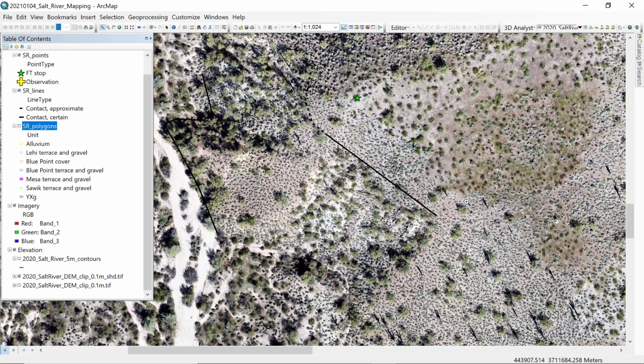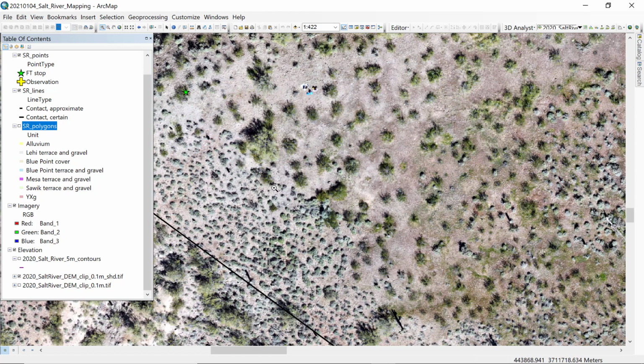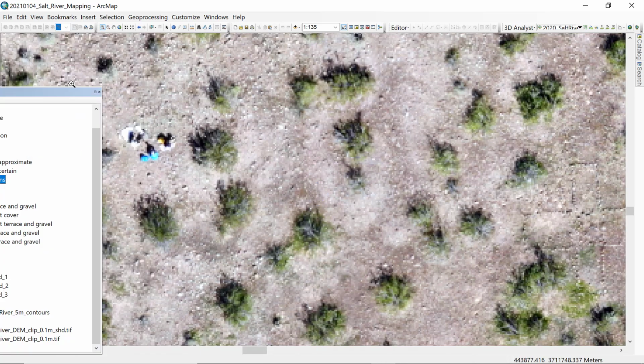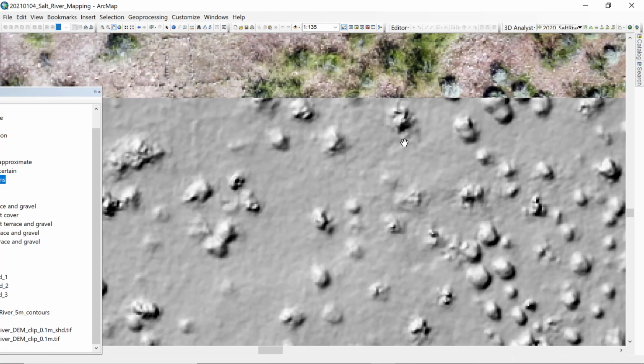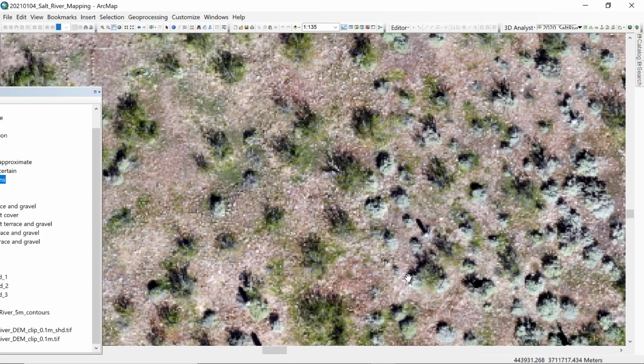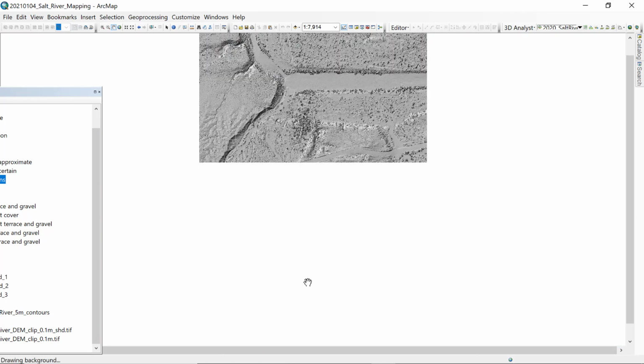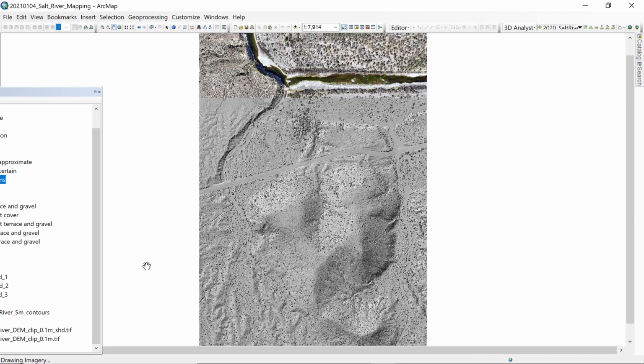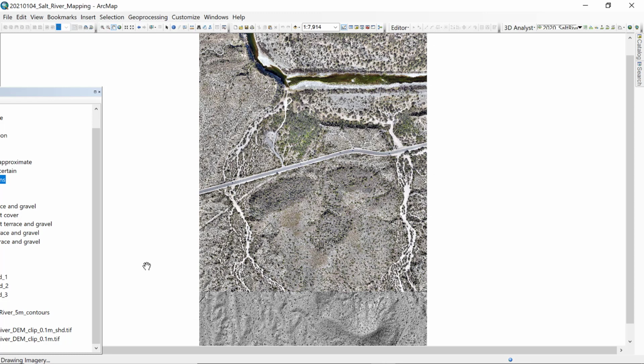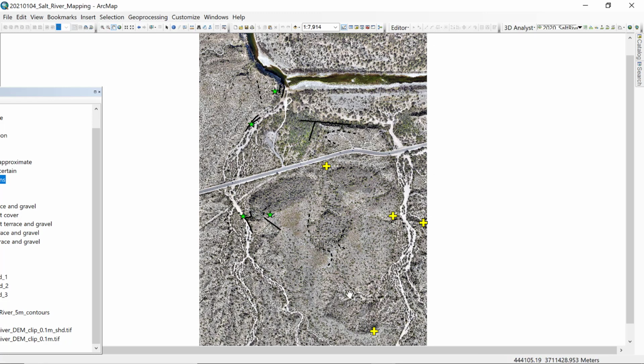But then when we get into the mesa, there's going to be gravel on the side here, and then this flat surface that defines the top. And you can see the people up there for scale who are in our picture. You can see some other features there, but you get a sense of the smooth topography, and again, the differences in the vegetation that define that surface. So I really want to emphasize that, because we can't go in the field, but there's a lot of information you can take away from the units as they're presented in the different